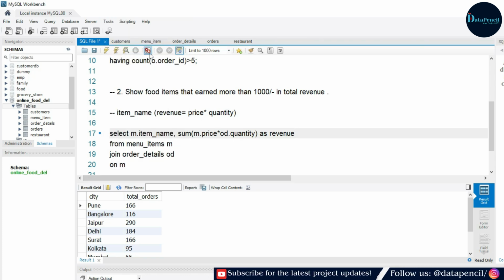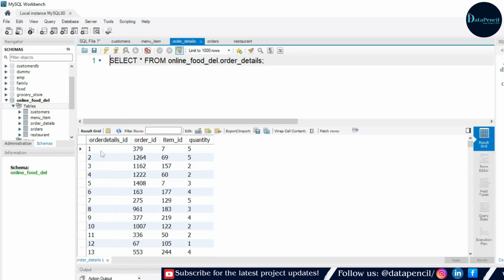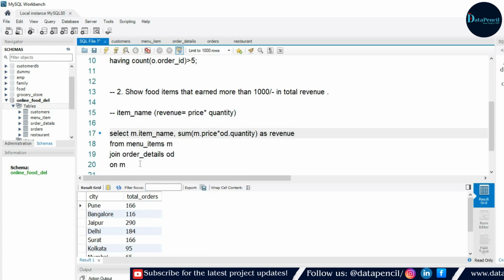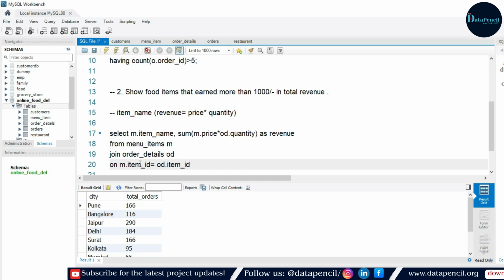You can see here the menu item, here it is order ID, here it is item ID, and in the order details table here it is item ID. So on this basis we are joining these two tables. So let's write on where the menus table's item ID is equal to the order details table's item ID.